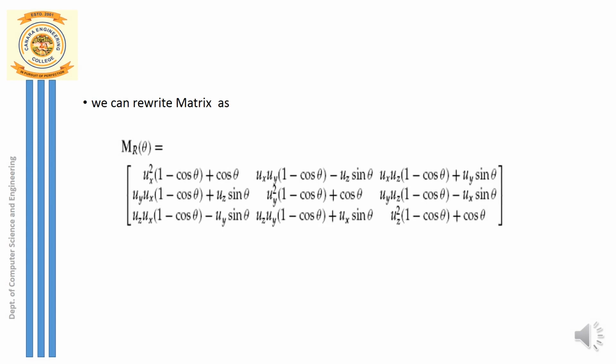So this is the final matrix you can write. Earlier whatever matrix we got, we can replace that using standard trigonometric operations, and this is the final matrix that you get. This represents the final rotation matrix required for performing any rotation of any object by an angle theta about any desired axis. So here you can see no translation, no multiple rotations. All that is skipped just with the help of a single quaternion.